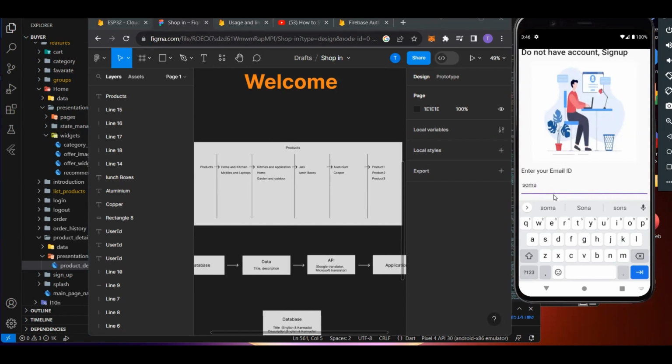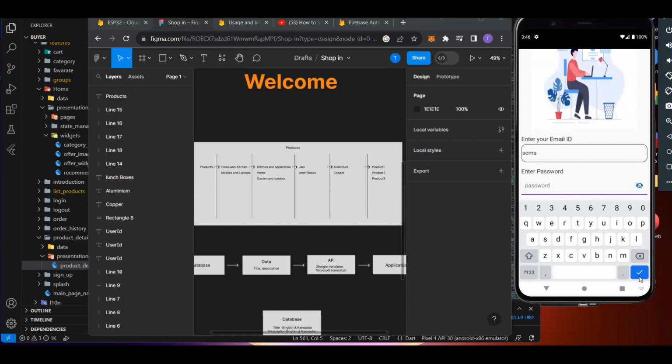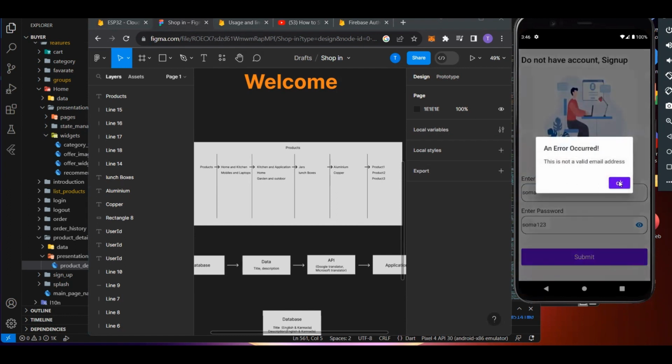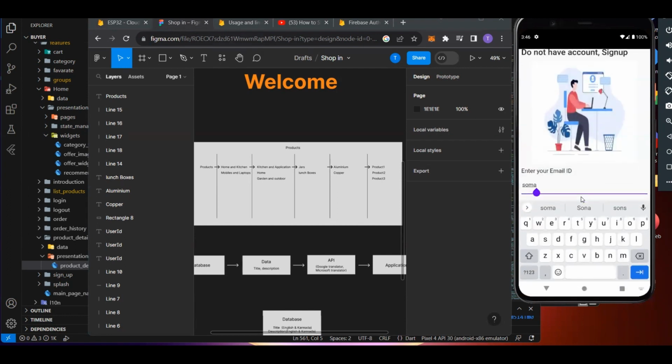Let's not give a trade gmail.com as of now. Let's go for Soma, 03. So let's try to log in without the at Gmail ID. It shows up as not a valid email. So let's give it at Gmail